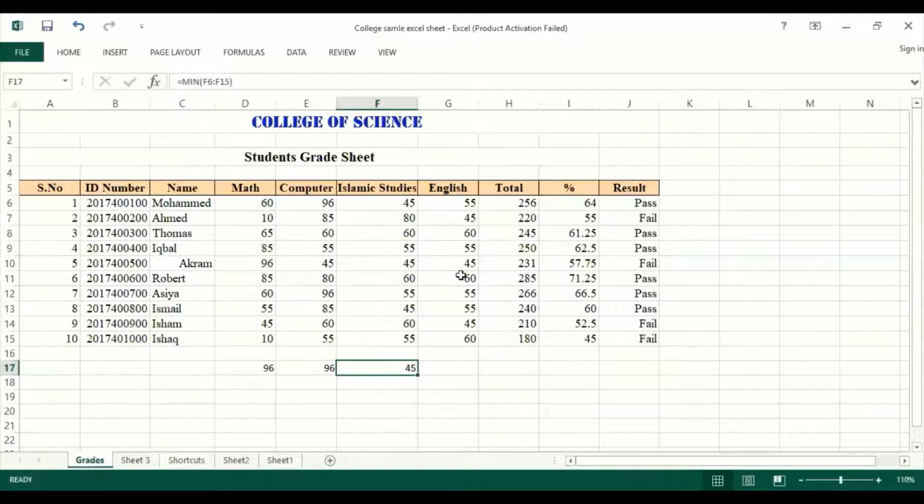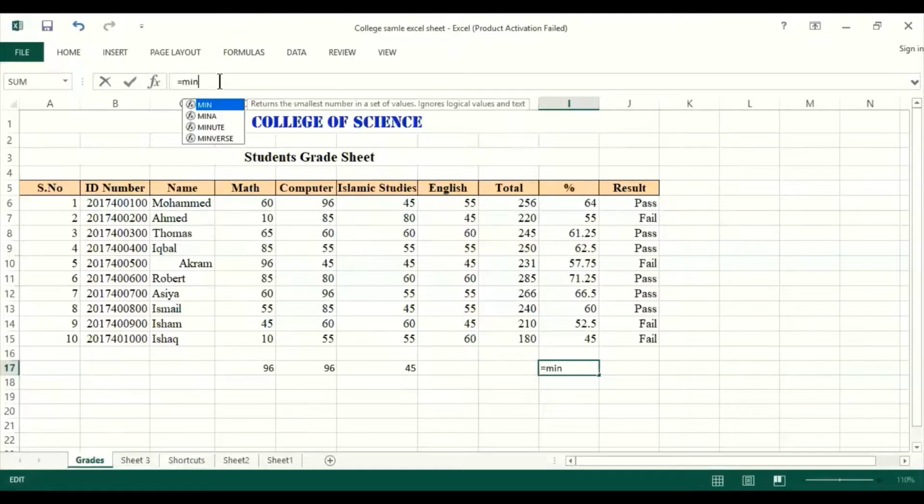In this way, we can calculate the minimum and maximum values of any column or any numerical data. For example, in the percentage column, I want to calculate the minimum percentage. Again, I will select the cell where I want to display it. Then I will move towards the FX window, the formula bar. Then again, I will write equal to MIN, small bracket.